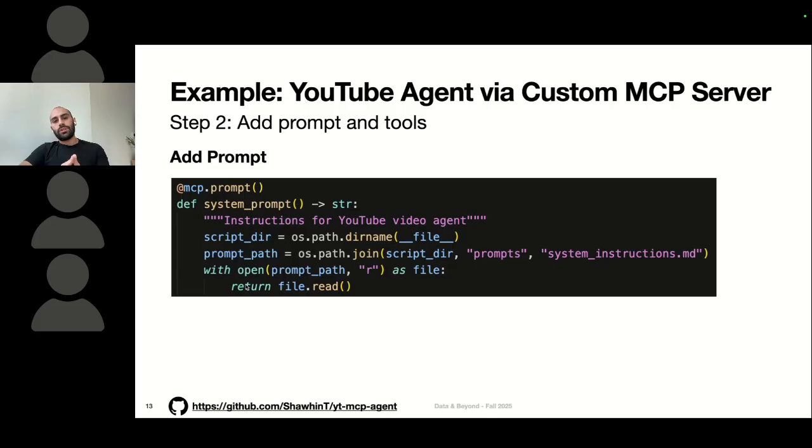So basically what you're going to do is create a custom Python function, and then you'll just add a decorator to that function to tell the MCP library whether the thing should be a prompt, a tool, or a resource. So if it's a prompt, we just do @mcp.prompt, and then I'll call this function system_prompt. It'll take no input arguments and it'll return a string.